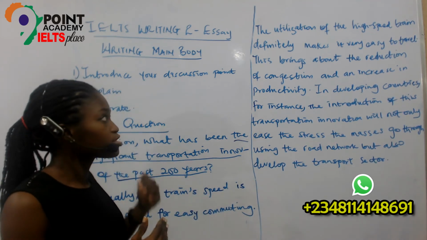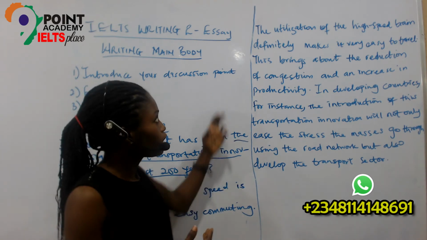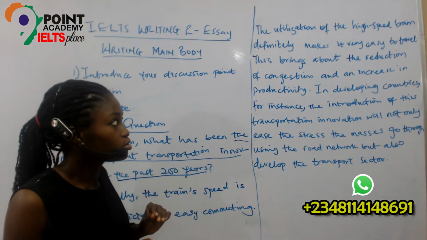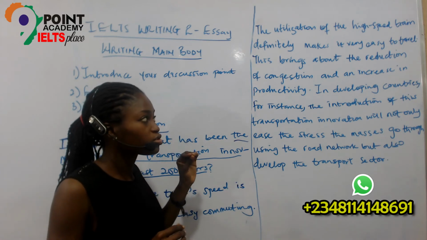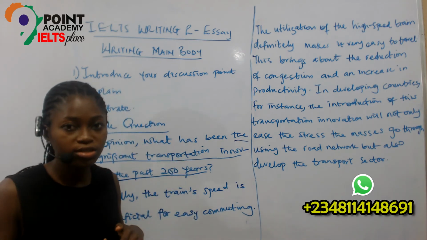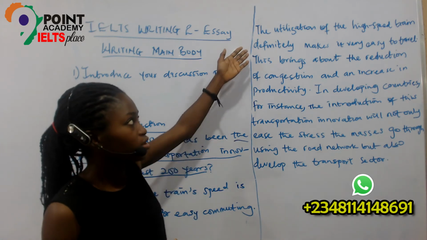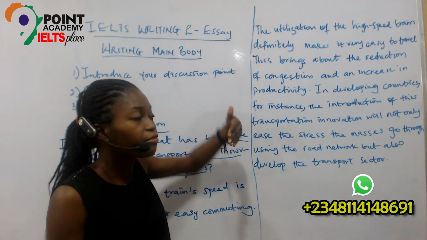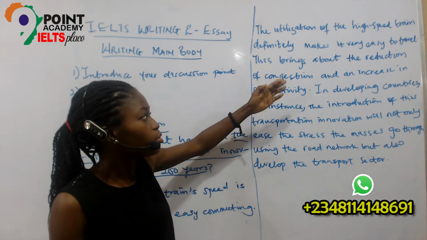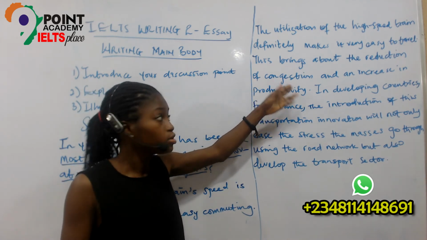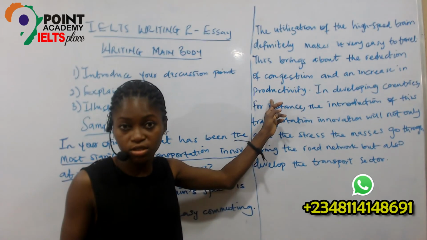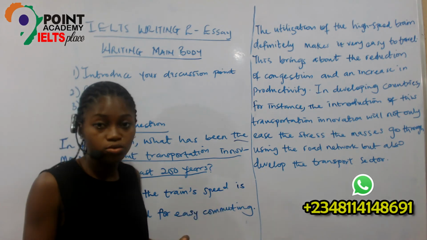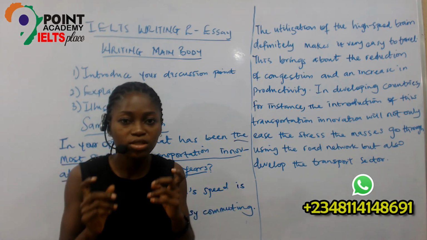Now I want to give an explanation. The utilization of the high speed train definitely makes it very easy to travel. This brings about a reduction of congestion and an increase in productivity. Now, I've talked about the first part, that is, it makes it very easy to travel. Then I'm talking about the effect of it, that is, it brings about reduction of congestion, one, then there is an increase in productivity, two. That is my explanation of easy commuting. If you notice, there is no dictionary definition like